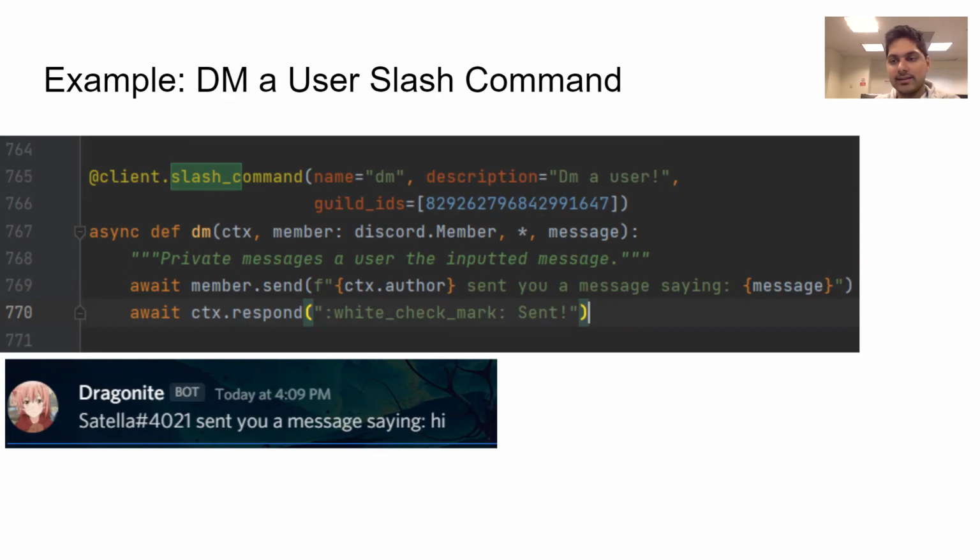It's only 2 lines long in terms of the body of the function, but member.send is the actual DM, and ctx.respond sends a white check mark, which verifies in the channel where you sent the slash command that the message was sent successfully, essentially. So yeah, I think that's essentially it.